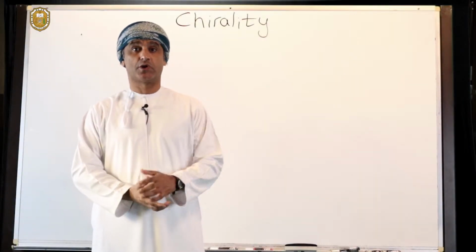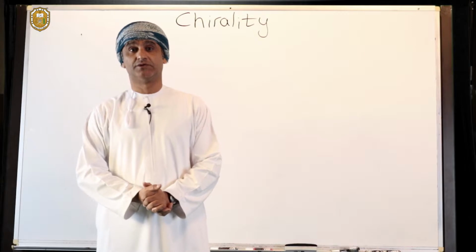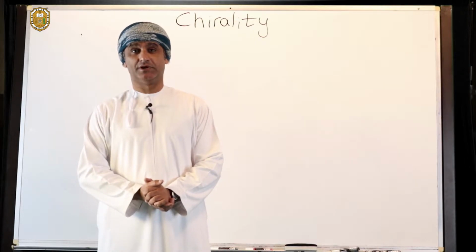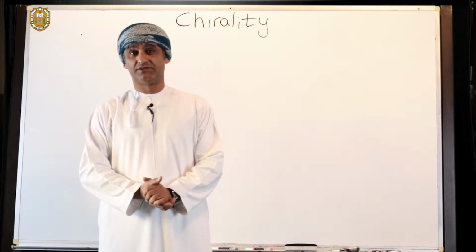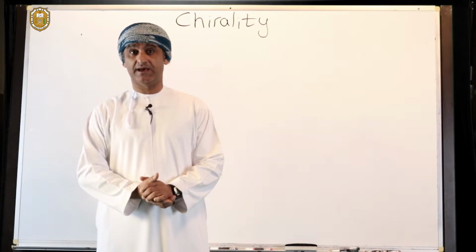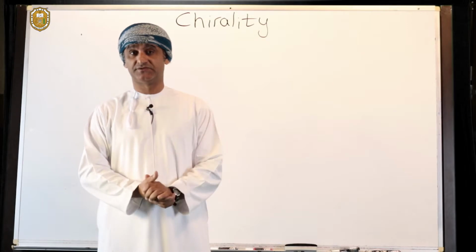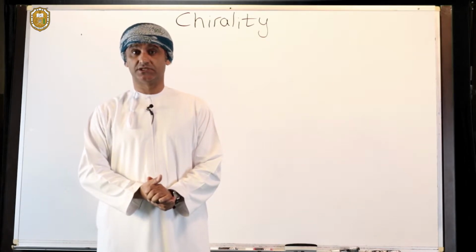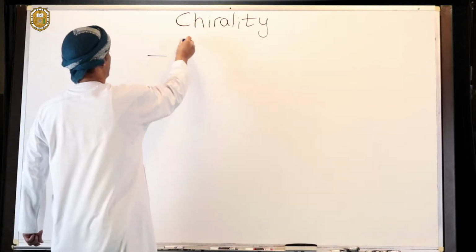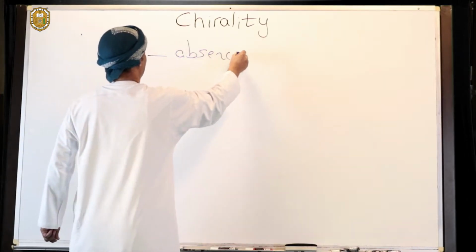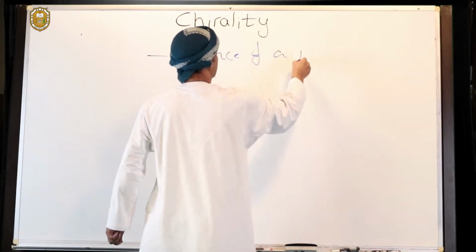Chirality as a phenomenon or a concept is very important, not only in chemistry, but also in biology. We have learned before that the two causes of chirality are an absence, if you like, of a plane of symmetry and presence of stereocenters. So let's write that down. So absence of a plane of symmetry